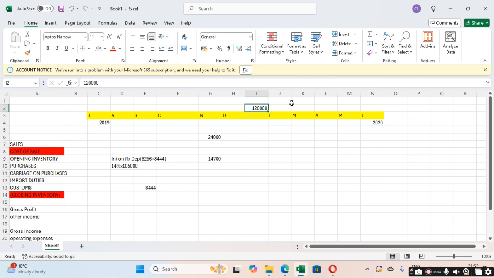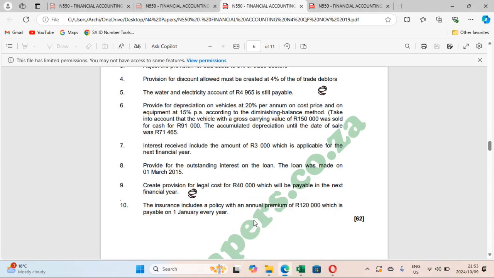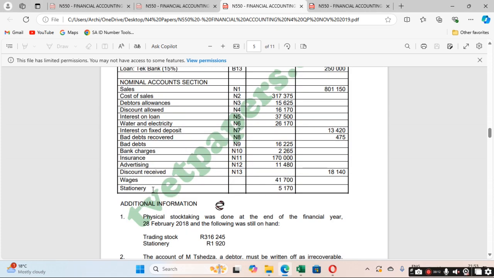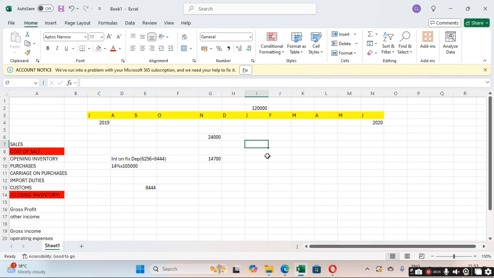which is like 60,000, the 60,000 you're going to get, you are going to minus it from your total amount of insurance. So what is the total amount of insurance? We have this amount for insurance, 170,000. So we're going to say insurance, and an open bracket, which is 170,123, minus 60,000, because